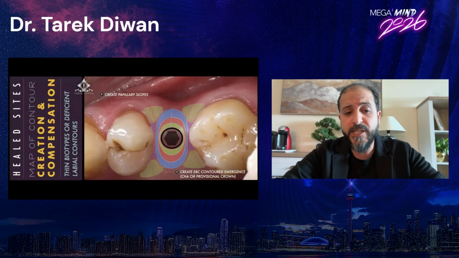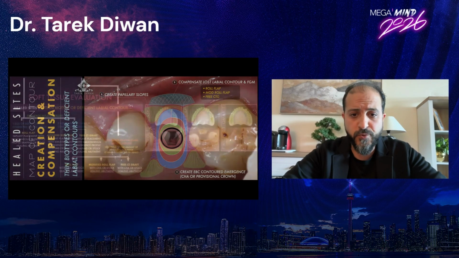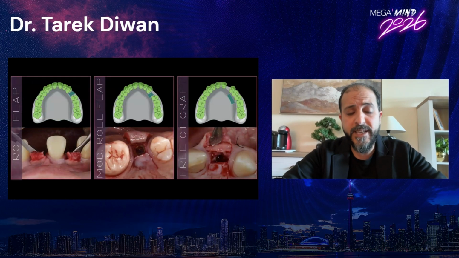So that is why in such cases we follow what we call the map of contour creation and compensation, where we need to compensate the lost labial volume with a roll flap, modified roll flap, or a free connective tissue graft. And that can be done on the first stage implant surgery or even on the second stage surgery. So out of all the techniques, we will be talking today about the roll flap and